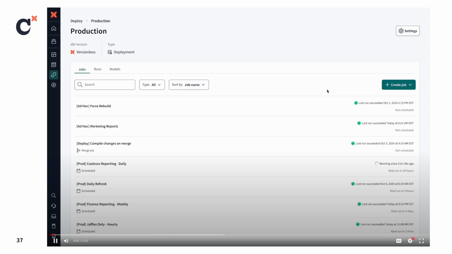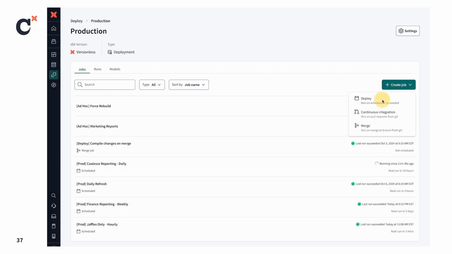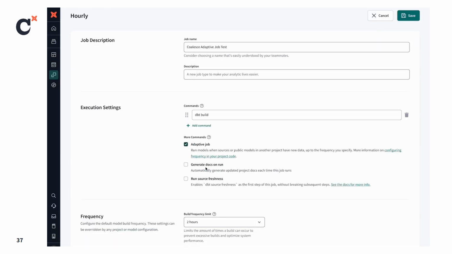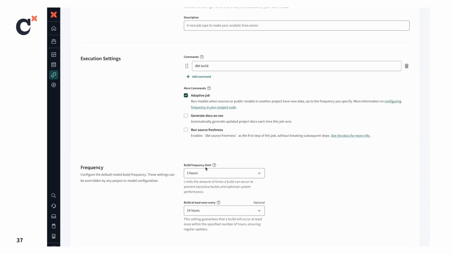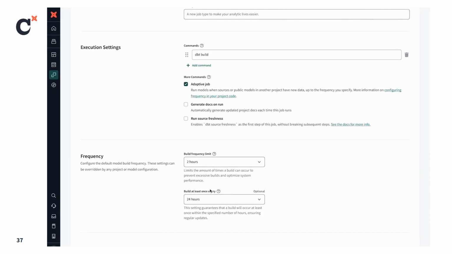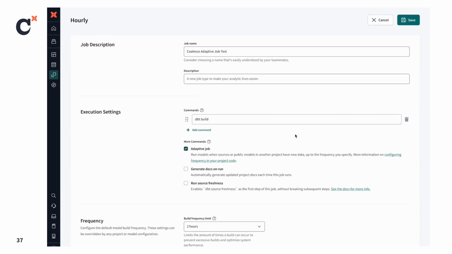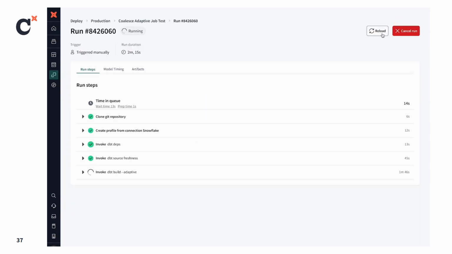So to set up an adaptive job, you can go in and create a new job and then select the adaptive checkbox. Once you select that checkbox, you can set the frequency for the job. And in this case, I'm choosing 2 hours as a limit, and I want the job to run at least every 24 hours. Once you do that, you can save it, and then when you run,